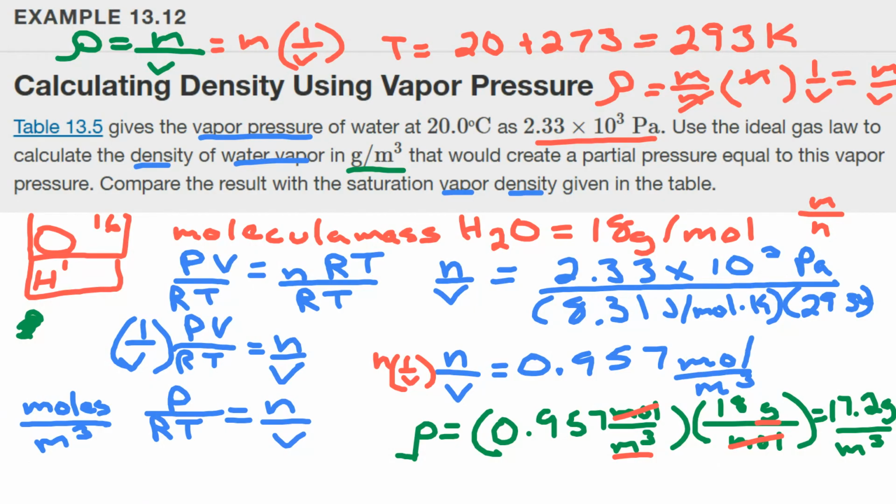Well, it means that our vapor density of 17.2 grams per meter cubed at 20 degrees Celsius creates a partial pressure of 2.33 times 10 to the third pascals, equal to the vapor pressure of water at that temperature. If the partial pressure is equal to the vapor pressure, then the liquid and vapor phases are in equilibrium, and relative humidity is 100%. Thus, there is no more than 17.2 grams of water vapor per cubic meter at 20